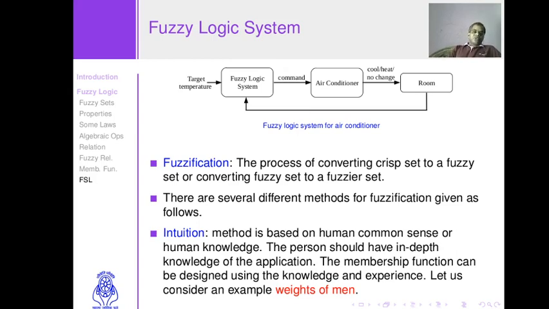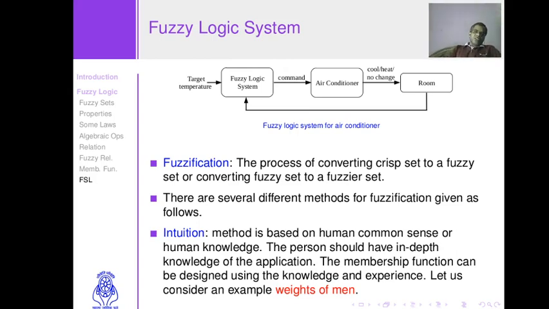Okay. So based on those fuzzy quantities, the fuzzy logic system decides whether the room temperature is low or high or normal. Normal means the temperature required by the user. Based on that, with the help of the rule base, a command is generated by the fuzzy logic system, and the air conditioner takes action accordingly to cool it or to make no change in the temperature.